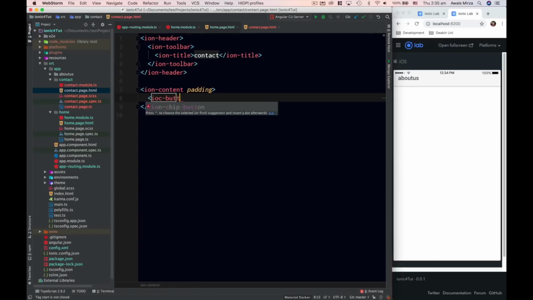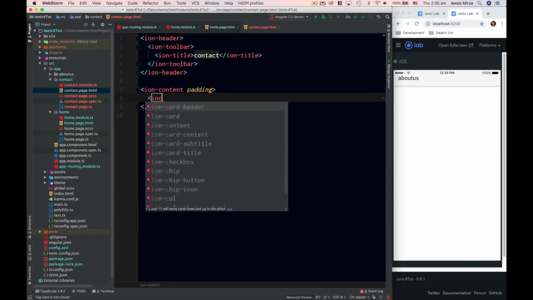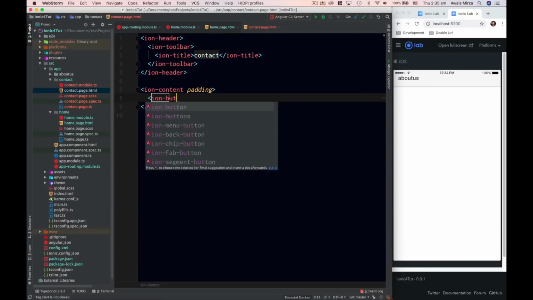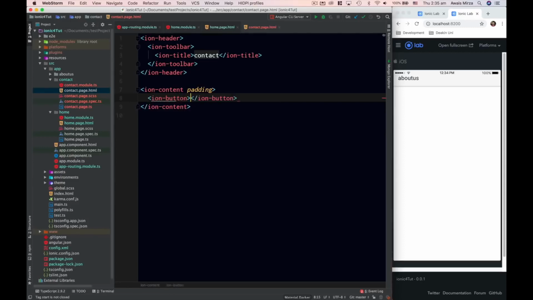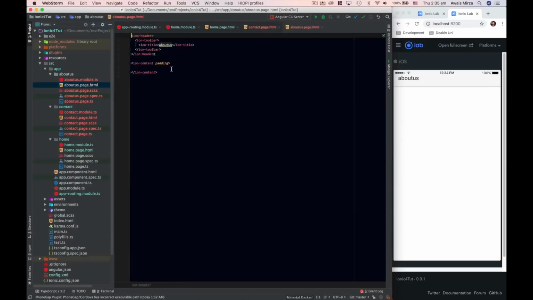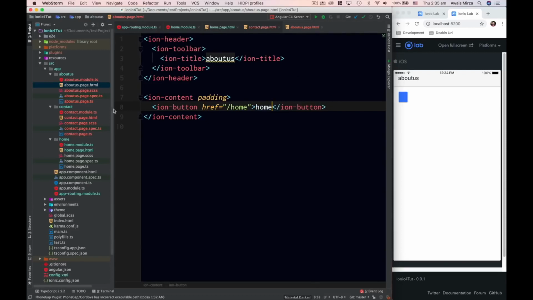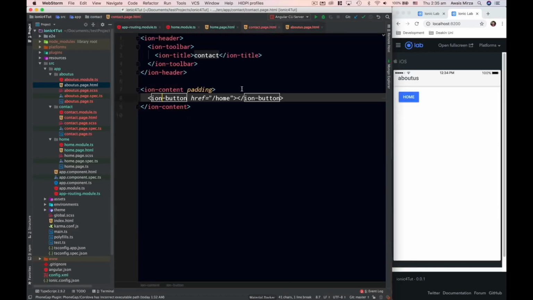So button, sorry, ion-button. Oops, not badge. And we do href, and we say slash home. Save it. Similarly, we want to copy this. We want to go to the about us page, and we want to paste it here as well. Let's save this. Now we can navigate between these files. So let me just say Home here, and then we have a content page. I want to say